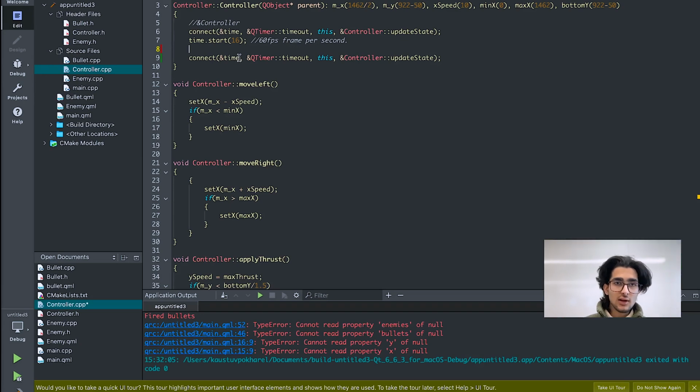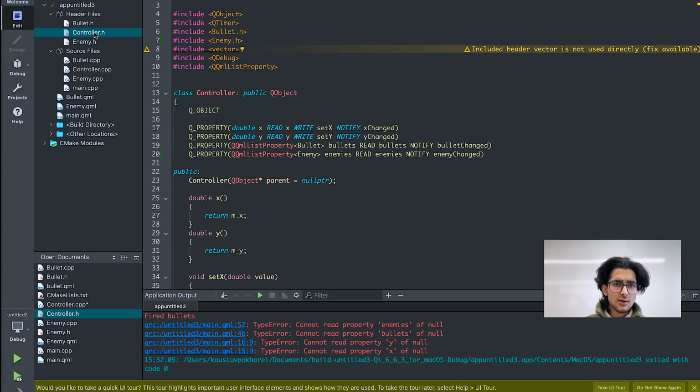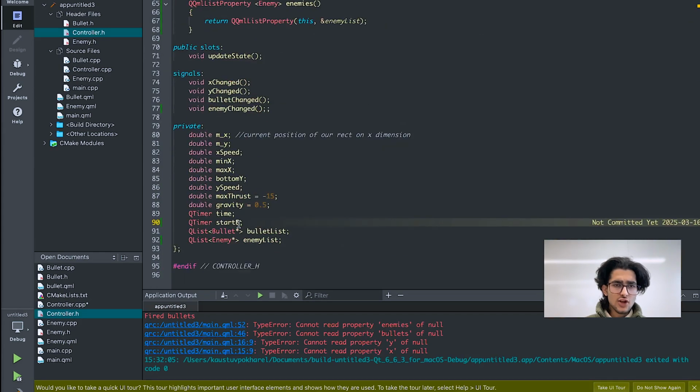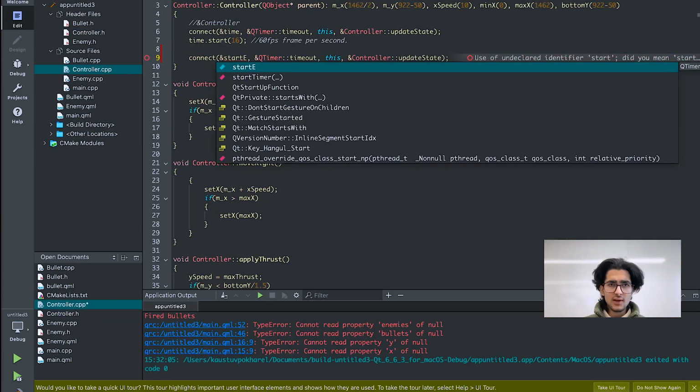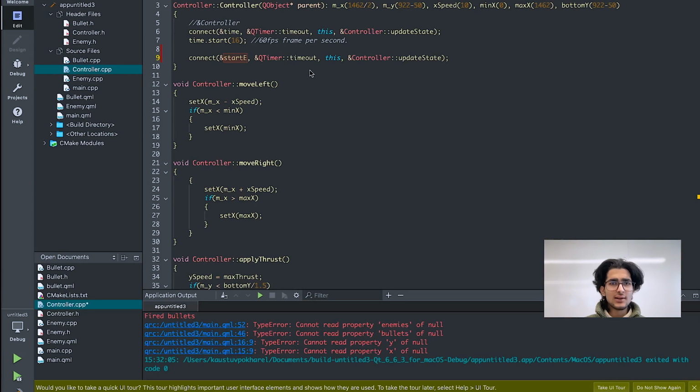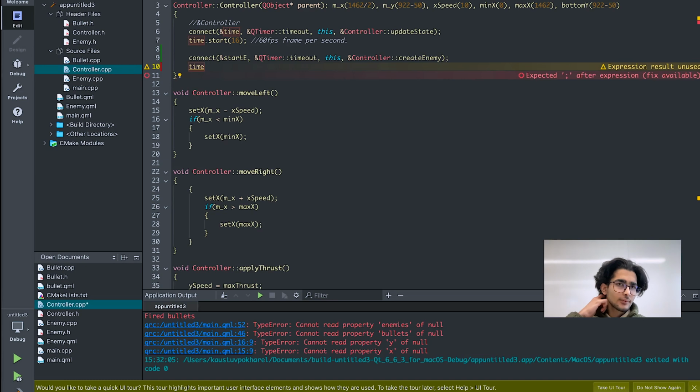But in this case, our timer's object name in controller.h is start E, right? So go back to your controller.cpp and then say start E, because that's our class. Same thing, we need a timeout signal in this case as well, and timer only has a timeout signal, to be honest. And inside controller, I want to create enemy, and I want to start the timer. Sorry, start E dot start,